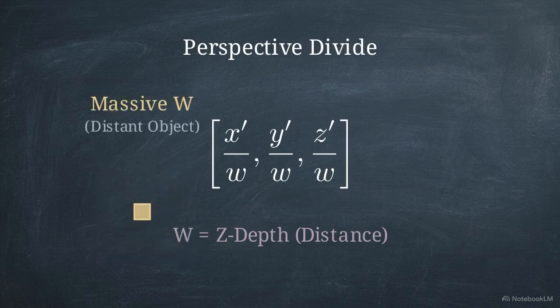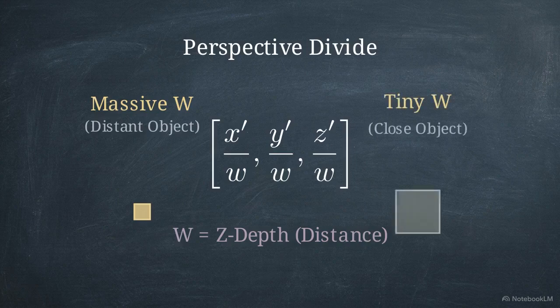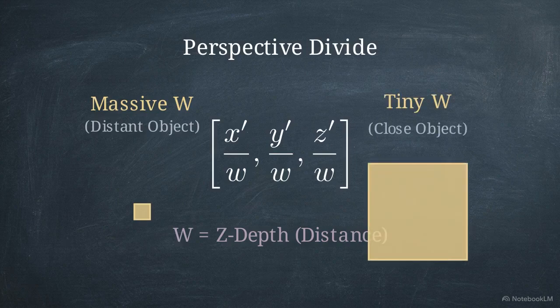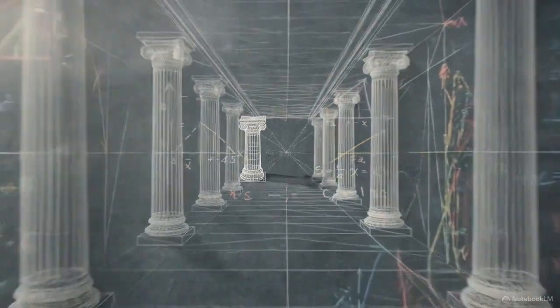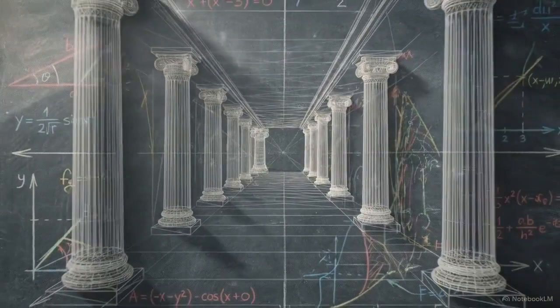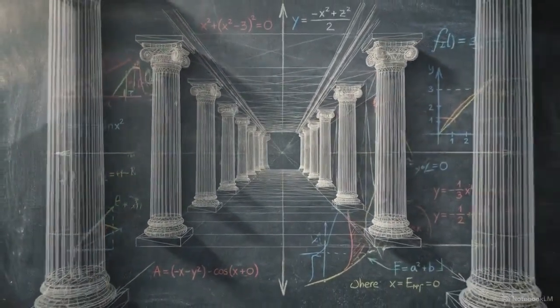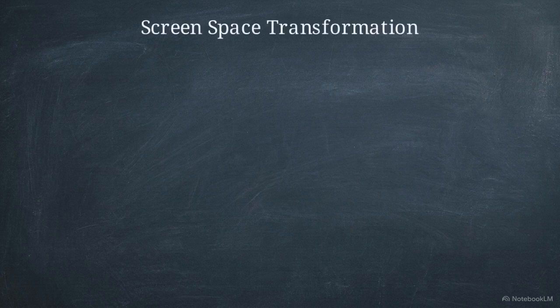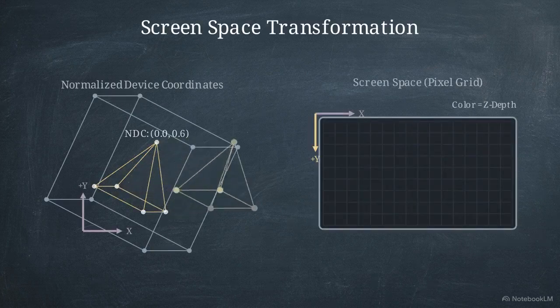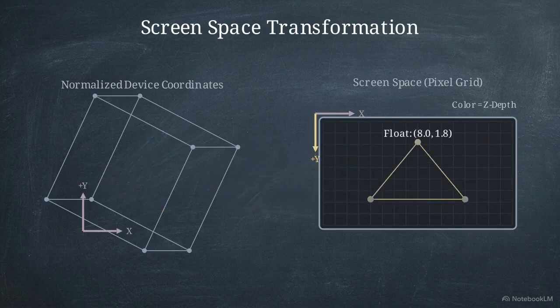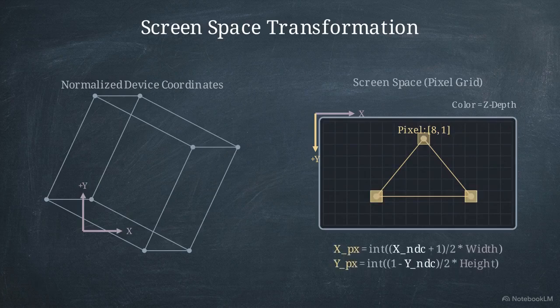Conversely, dividing by a tiny w value leaves the x and y scales of close objects physically large. Simultaneously, this division morphs the entire pyramidal frustum into a normalized, perfect mathematical cube space. The homogeneous divide is the exact mathematical mechanism that enforces physical, Lambertian-like perspective size decay on a two-dimensional screen. This diagram shows the final pipeline step, mapping the normalized cubic space to the literal pixels of the display device. Equations use the display's exact width and height to assign every remaining vertex a definitive x and y pixel coordinate